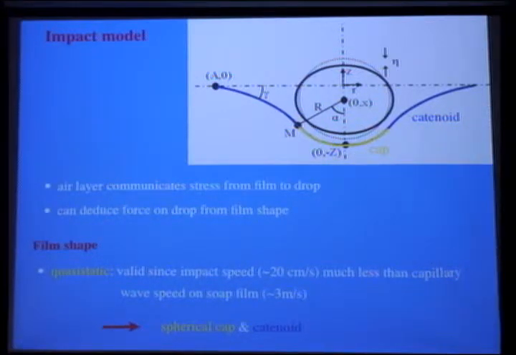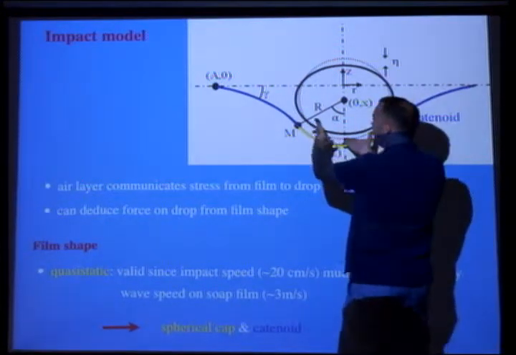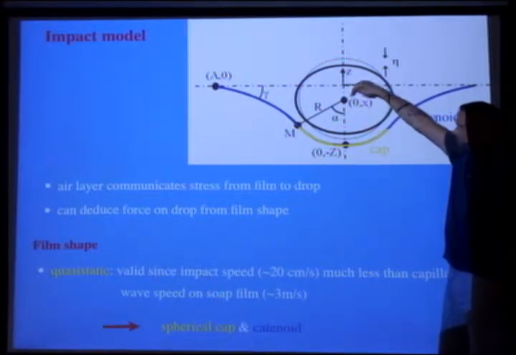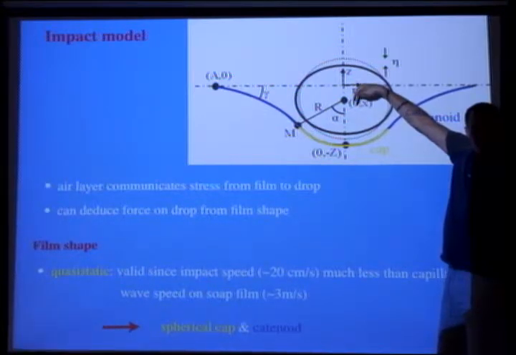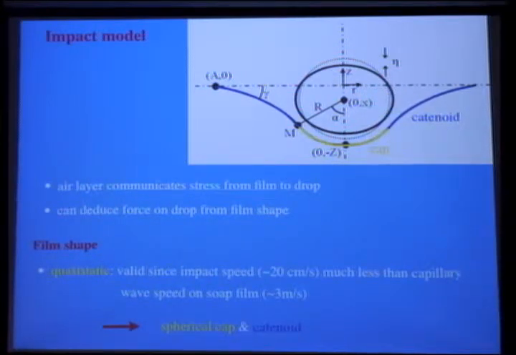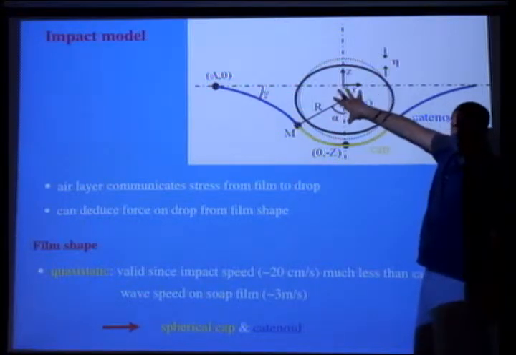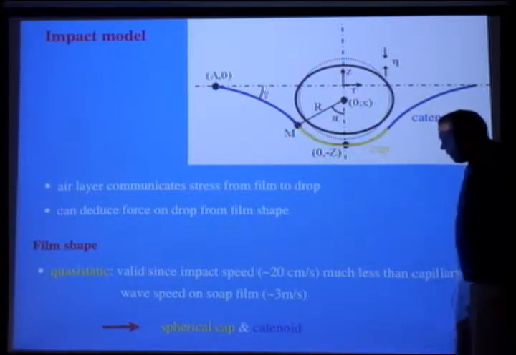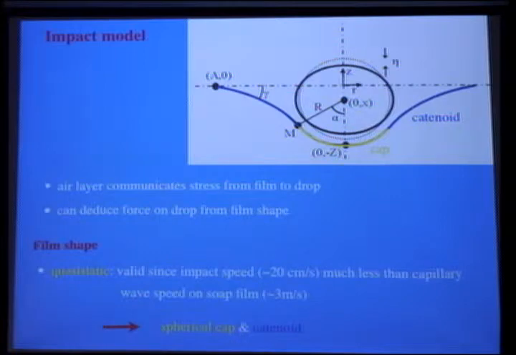Okay, and so if we know the shape of the film as a function of position, then we know the energetic cost to its moving a certain amount, a distance dx downwards, and that gives us the force. So the gradient of the surface energy with respect to x is the force acting on the drop, right? And so the approximation is that this thing is quasi-static. That is to say, the shape of the film at any given instant only depends on the current position of the drop.